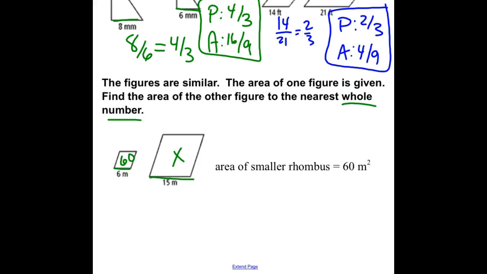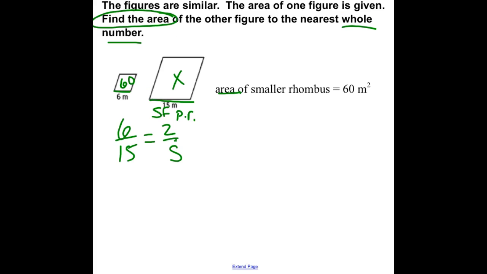So if you look at those 6 and 15 we talked about in the beginning, those are side lengths. That's perimeter. So what I'm going to start by doing is writing those as a ratio and simplifying it. I can take a 3 out of both of those and I get 2/5. This is my scale factor or perimeter ratio. But what I need to compare are their areas, because I want to find the area of the other. So I have to turn this scale factor into an area ratio. So I take 2/5 and I square it,